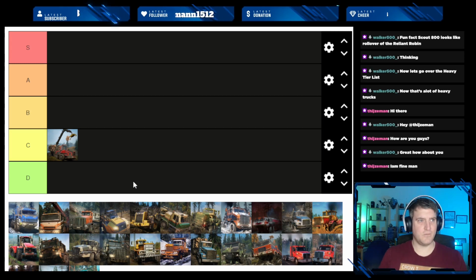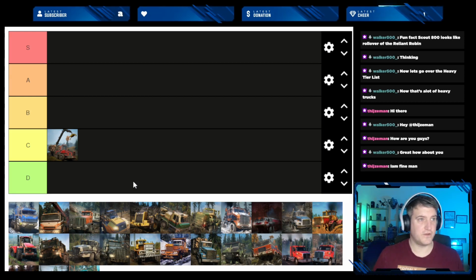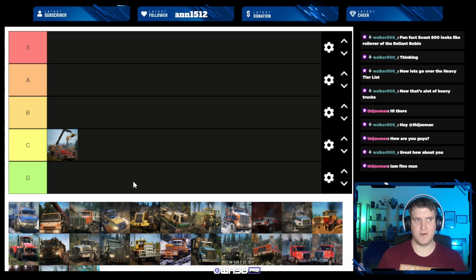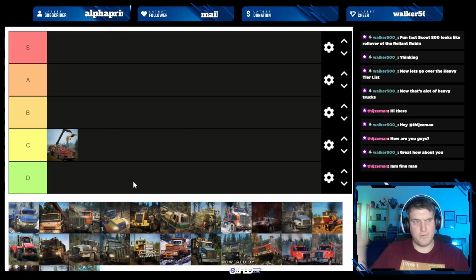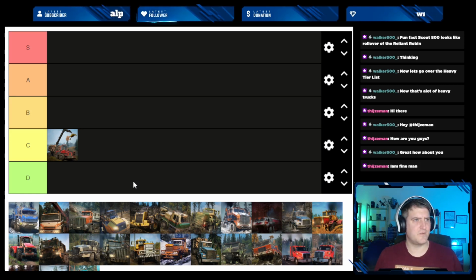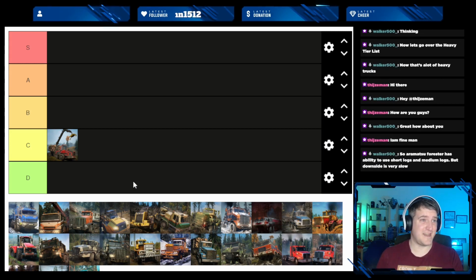If you put the medium one on there, it should be able to take the small logs as well as the medium logs. I don't understand why it can't, other than coding, because the short logs are smaller than medium logs. So you would think that they'd fit, but they don't, because it's not the right attachment, which is really annoying. So the Forester gets a C because